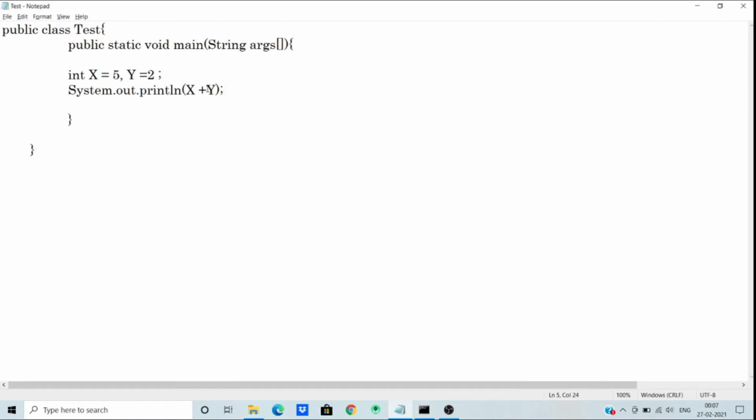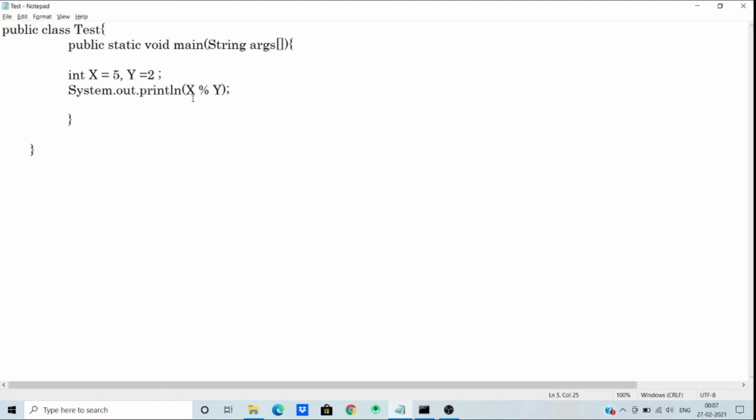In the same way we execute minus, which will return 3 because 5 minus 2 is 3, and multiplication, division and modulus. The modulus operator returns the remainder of two variables.